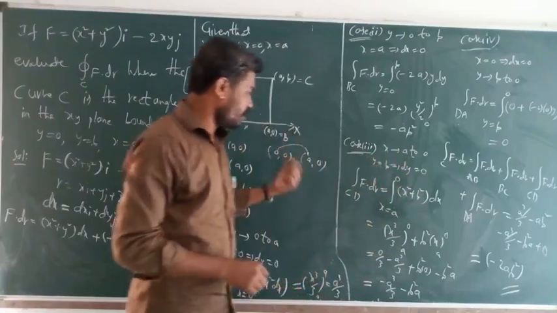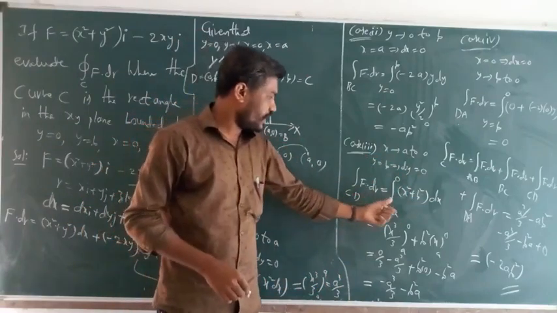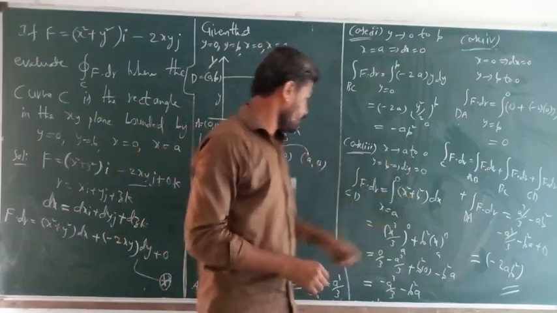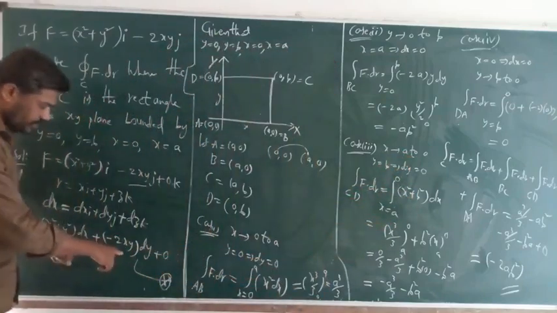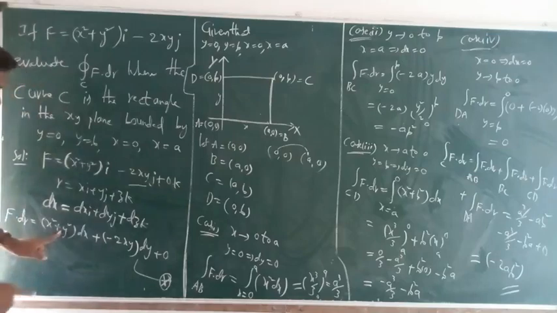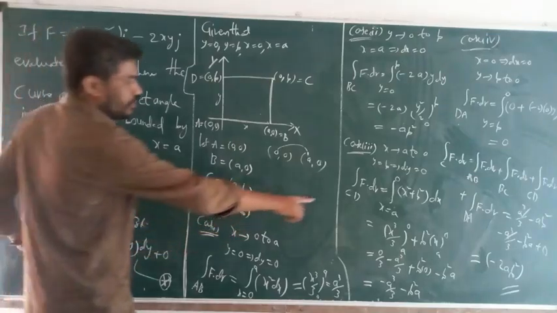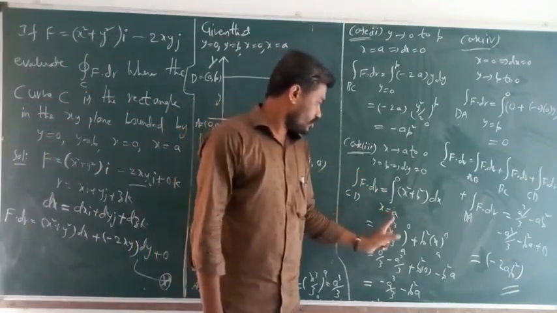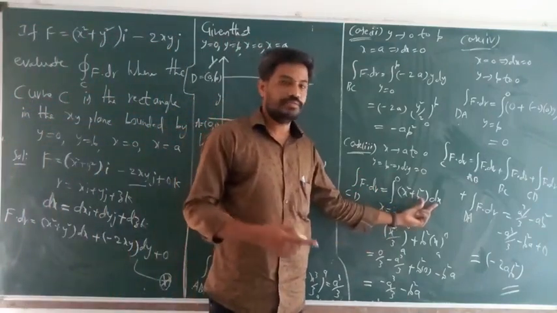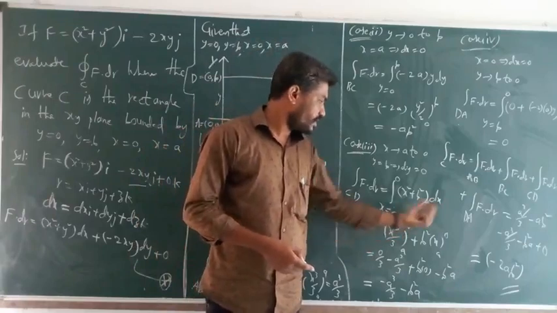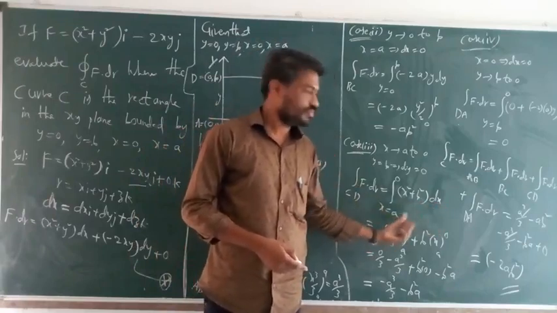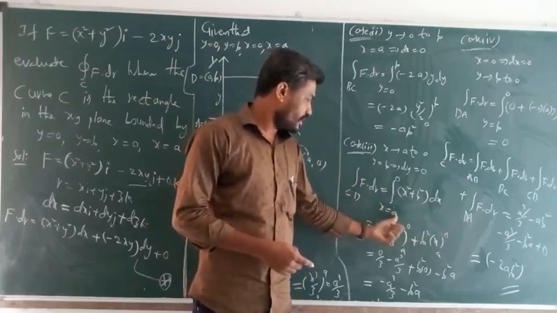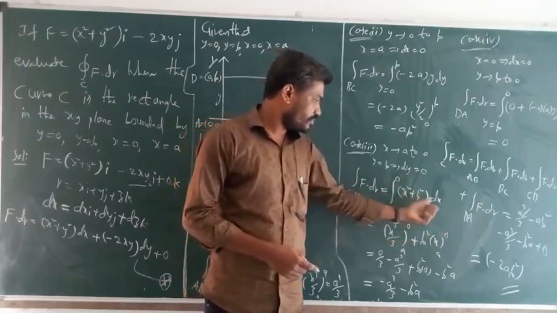So substitute in the star: integration C to D of F dot dr equals, with x limits a to 0, the x square dy term is total 0. This side is x square plus y value, and the y value is b, so x square plus b square, times dx. Very important is the limits and integration process. For x limits you take dx, and for y limits you take dy integration. So the x integration from a to 0 of x square plus b square dx.